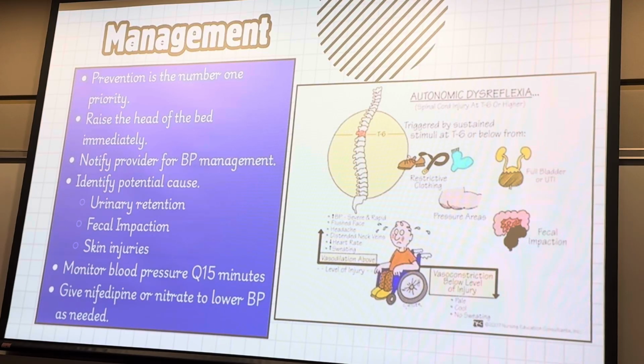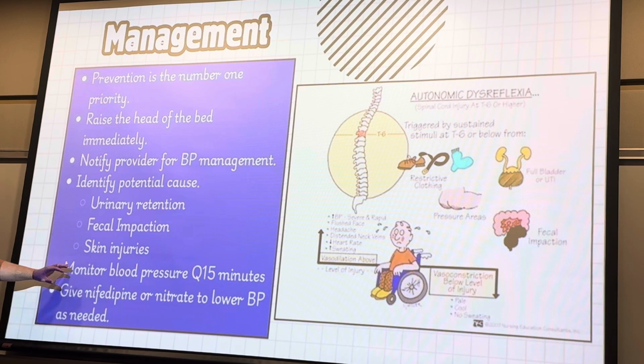So if it's urinary retention, let's put in a Foley. Let's drain that bladder. Fecal impaction, somebody's got to go digging, right? Or maybe I get some GI stimulants on board, some type of laxative, to hopefully help that out. But with a fecal impaction and autonomic dysreflexia, I need something a little bit quicker than some of those laxatives. All right, so I have to fix that fecal impaction.